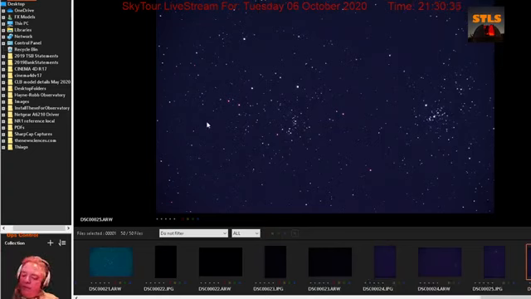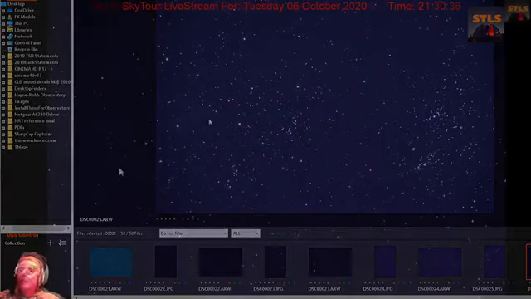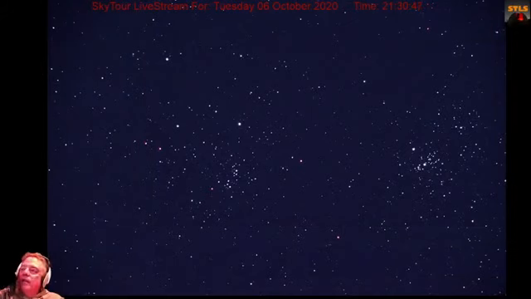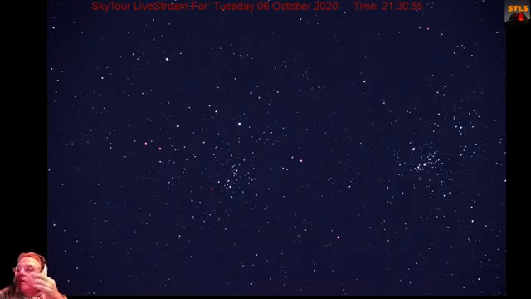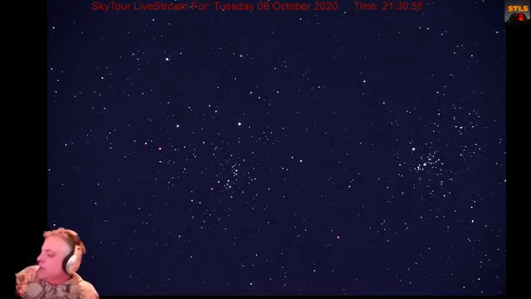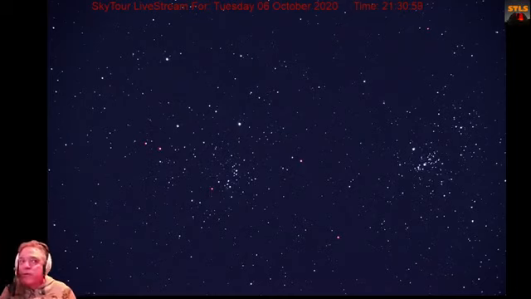I've always loved this object. It was one of the first ones I looked at when Orion wasn't up yet. When the Orion Nebula came up, I was like, wow, what's that thing? And I looked at the Orion Nebula and was blown away. So you can also be prepared to be blown away once we get the Orion spectacle coming up for us, and it'll be pretty.